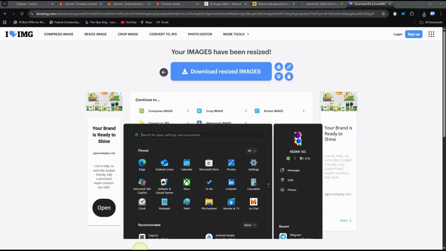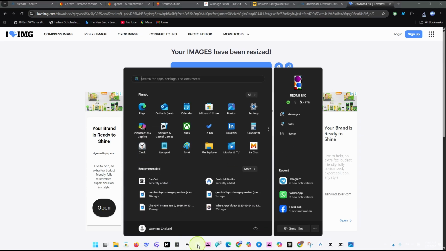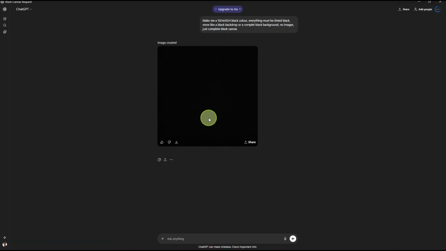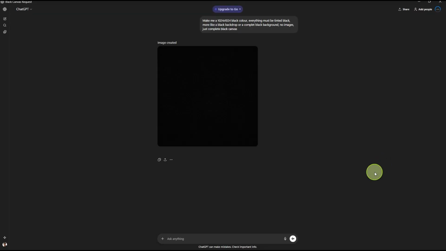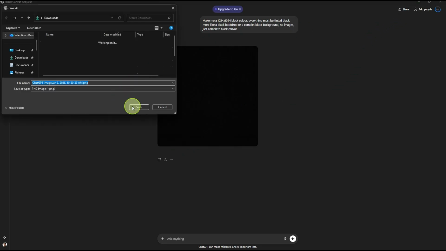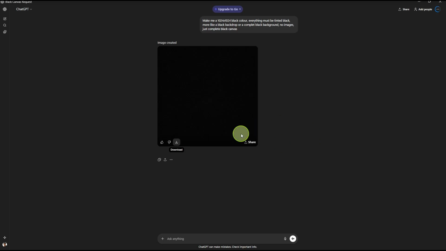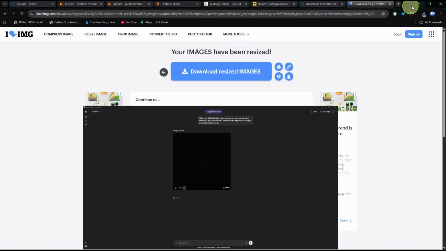So I'll just go to ChatGPT and see what it has done. So you see, simple prompt coherence. Like, just give me a black backdrop, man. I don't know why it's hard for other AIs to comprehend simple stuff, because that's weird, right? I'm not sure whether this thing is 1024 by 1024, so we're going to